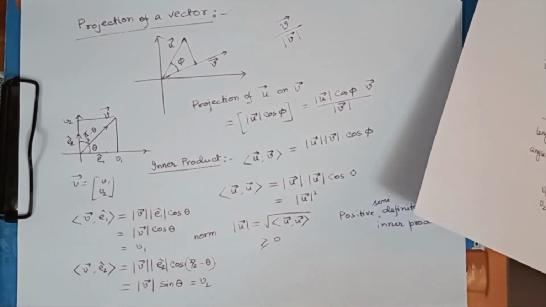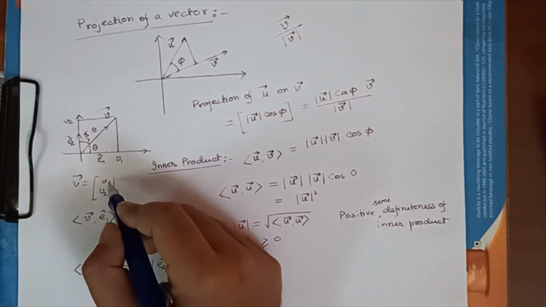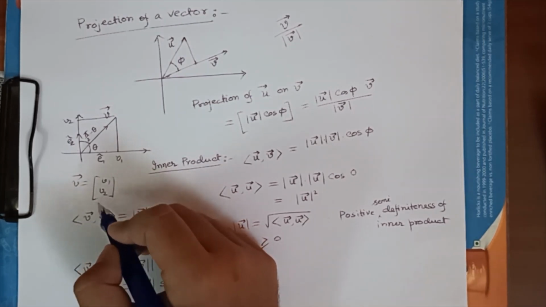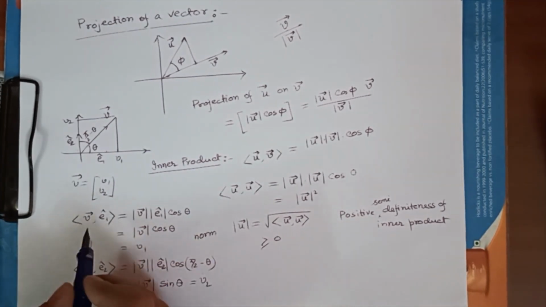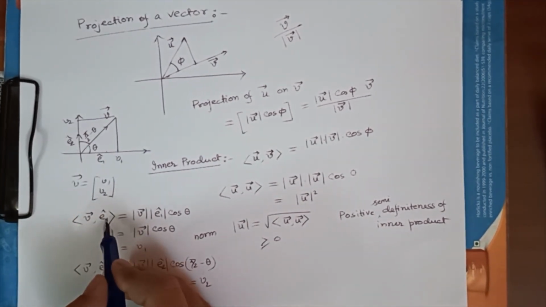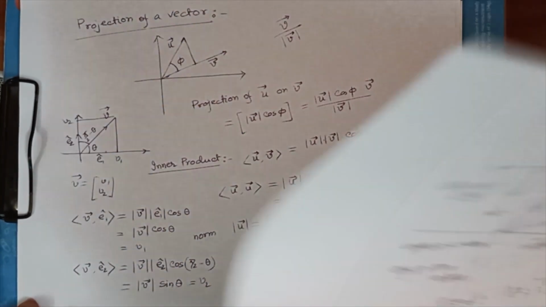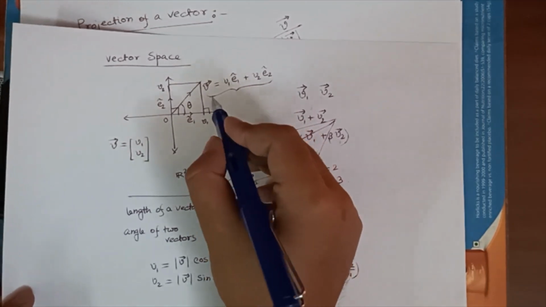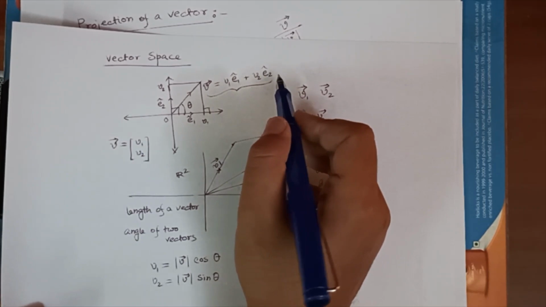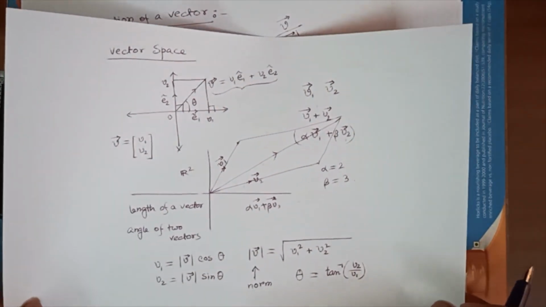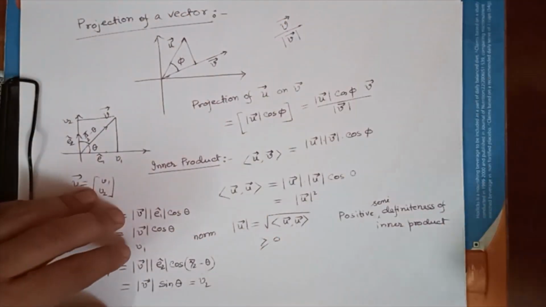So clearly you can see the unique representation of the vector V, which is written as a column of two real numbers V1 and V2, and those numbers V1 and V2 are nothing but the inner product of the vector with the unit directions in those two directions. Then our original representation of the vector, when we wrote that V is equal to V1 E1 plus V2 E2, has a new formulation. We can write that in a new way.